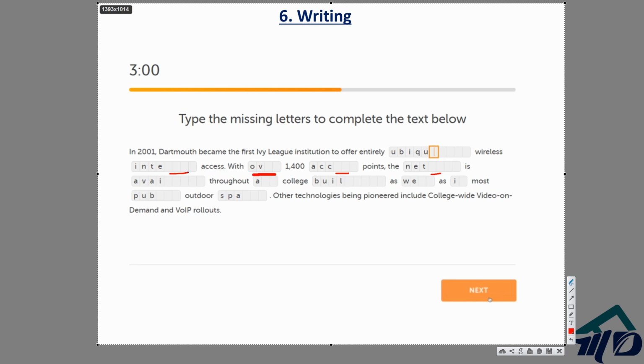Well, their answers are also there. They will check how many correct answers there were, but still the algorithm is like that. It will consider your correct answers plus the level of your exam also.